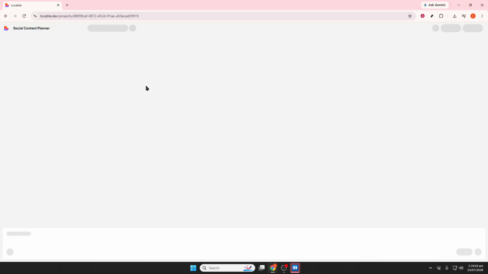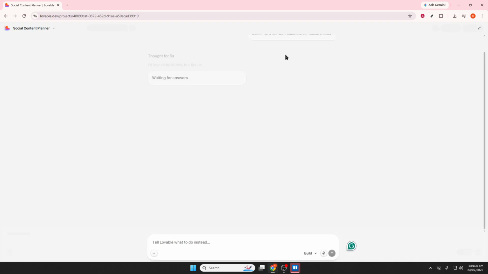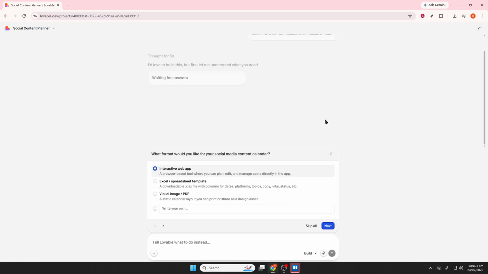MCP-compatible assistants like ChatGPT, Claude, Cursor, and other supported clients can connect to your app's MCP server. Once connected, they can discover the tools your app exposes, choose the right tool for a user's request, execute the actions securely, and return the